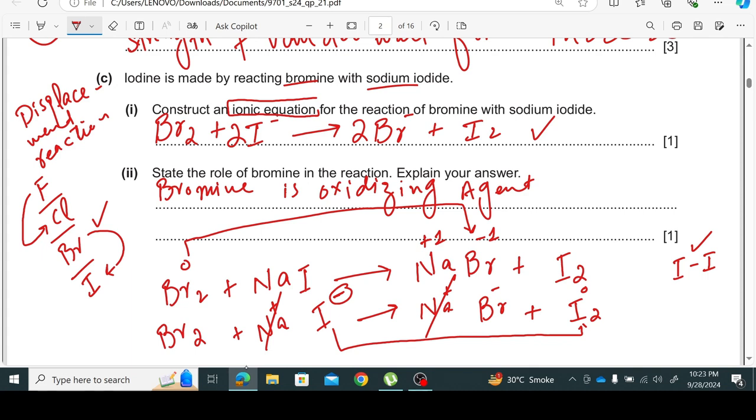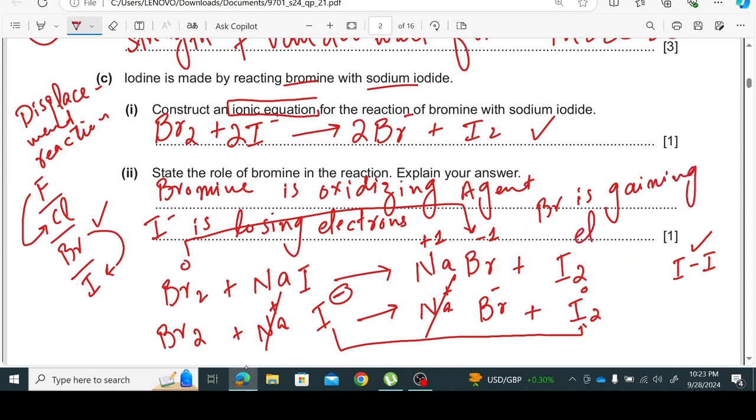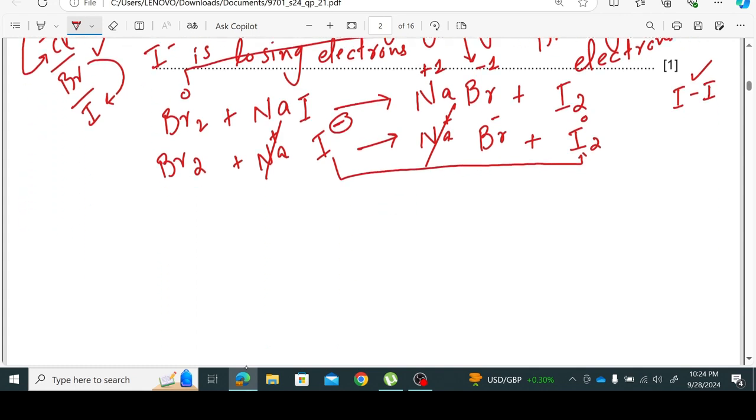Understand? So you can write it: iodide is losing electrons, and bromine is gaining those electrons. Okay, so the overall reaction is redox. So your answer is that bromine acts as an oxidizing agent. Why? Because the iodide ion is losing electrons, and the bromine molecule is gaining those electrons and converting into the bromide negative ion. So the next question is,